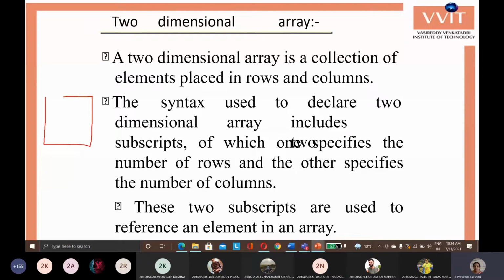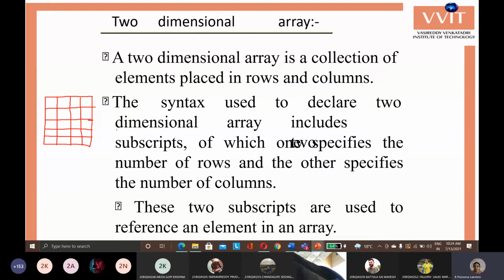Like any tabular information can be called a two-dimensional array. Not only in computers, say for example, whenever you are seeing any table type of information like population details or product details, or student marks, one complete class of student marks, or any real-time objects like employee details, project details. Those are all stored as multiple rows and multiple columns. Those are all considered as two-dimensional arrays.